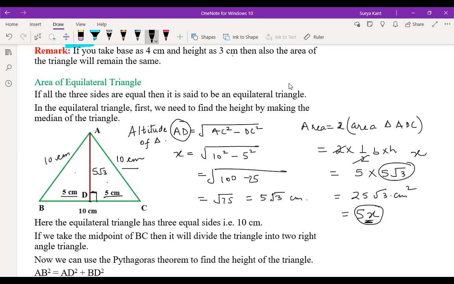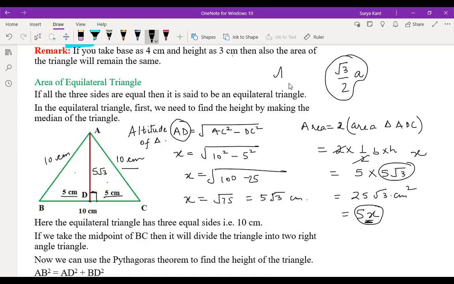No, maybe here you want to write x. It's not like that, no? You can write x or anything, not a problem. Tell, Sai Charan, you tell me correctly what you want to say. I'm asking, is there another way to find the height, sir? See, direct formula is also there, Sai Charan. The direct formula is root 3 by 2 a. This is the direct formula of the equilateral triangle. This is the direct formula to find the altitude.